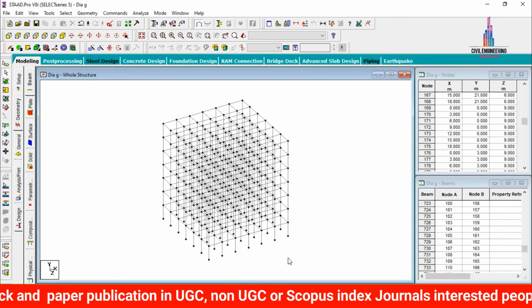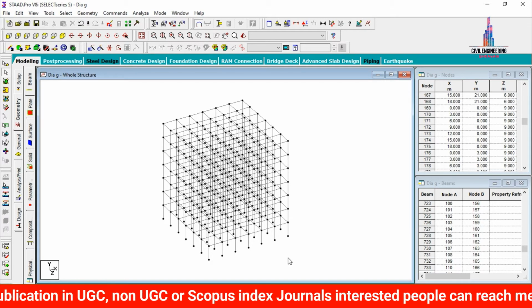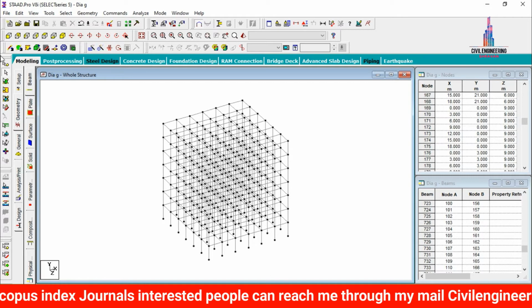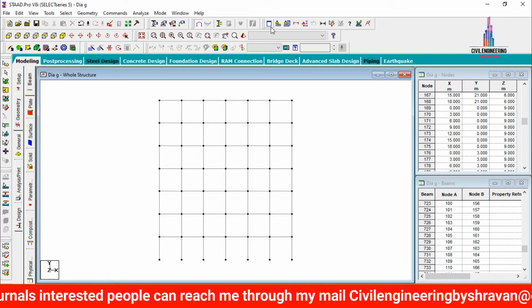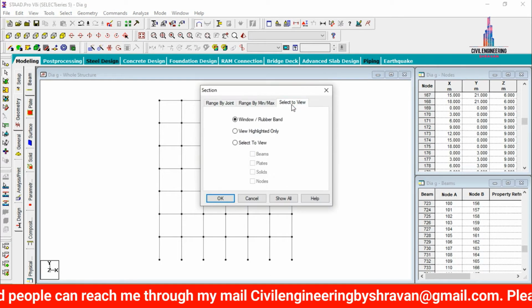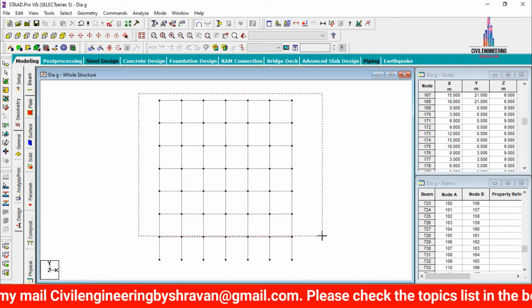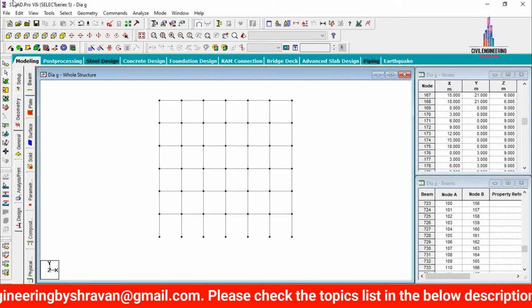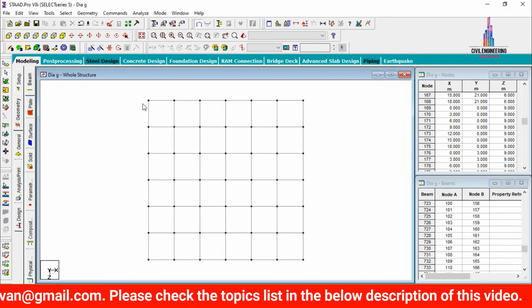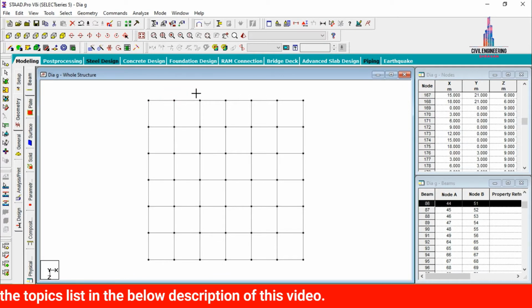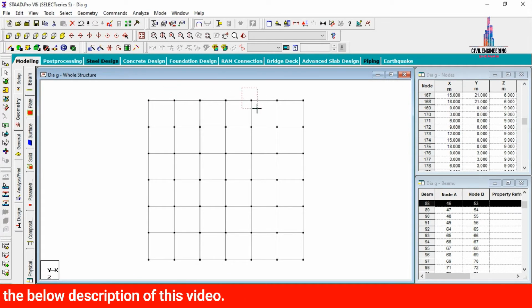To make the model a Diagrid system, initially we need to delete all the corner columns from the first story to the 7th story. For that, we need to select the front view option, select the cut section command, click on selective view option, click on OK. Here I am cutting the first story to the 7th story for this structure. After that, select the top view. Here I am selecting all the column sections by using the selection of single method. Here we have to select all the corner columns related to this G+7 structure.